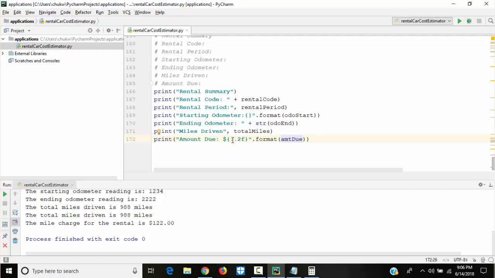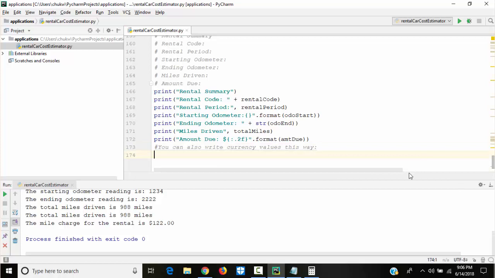That's, you're putting this here, amount due, round it to 2 decimal places. That's what it means, 2 floats. Okay, I want to write this again. You can also write currency values this way. We can write it this way.